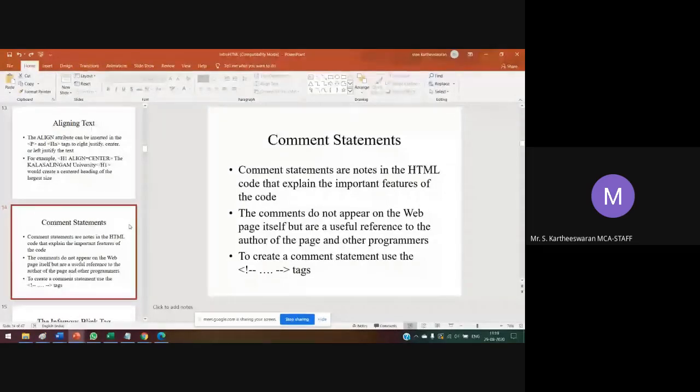The comment statement is just helpful to the code developer, because comment statements are notes in the HTML code.